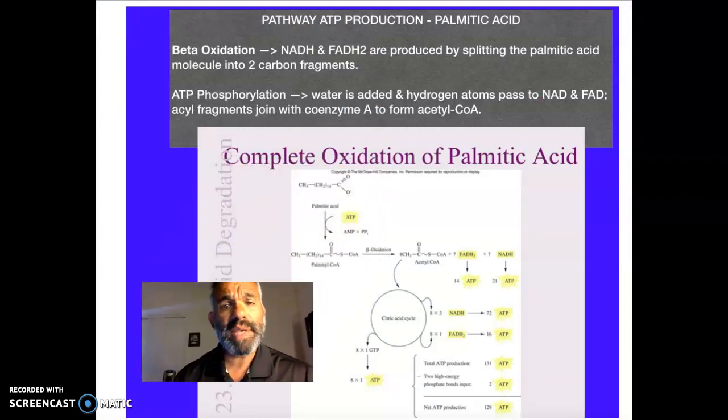Next, we have the pathway ATP production for palmitic acid. Just as with the glucose breakdown, there are a few steps here as well. The first thing that we see is a beta oxidation phase in which NADH and FADH2 are produced by splitting the palmitic acid molecule into two carbon fragments, which then takes us to ATP